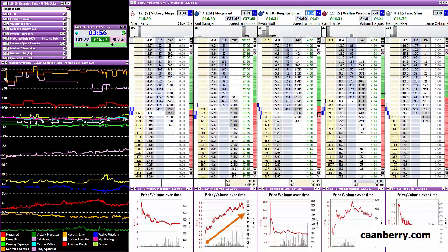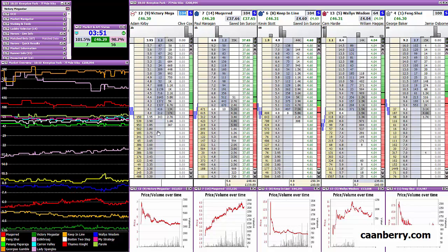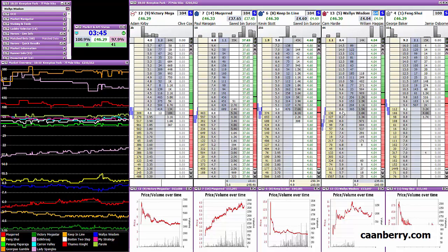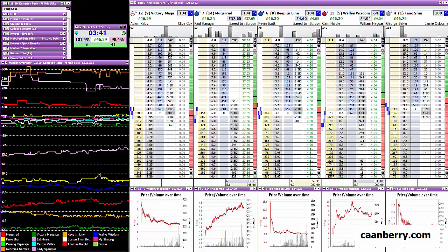It was going a fair drift before this even started recording, so I could have got in even sooner had I spotted it, but I didn't. I only spotted it 20 minutes before. But you can see 46 quid's a nice little move, quite early. Now I don't often trade that early, but it's worth looking out for these little things on the card throughout the day,